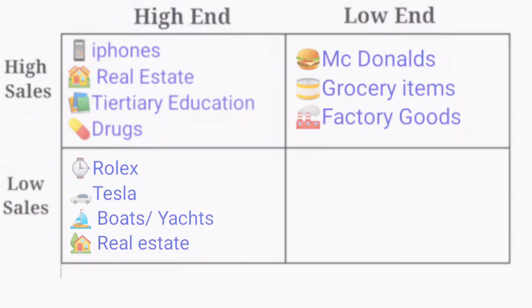Examples of successful businesses in this quadrant are Rolex, Teslas, the sales of large boats or yachts. Some real estate, depending on the land size, the amount of bedrooms, or if that property has a view. If the business you want to create is high-end low sales, you want the product or service quality to be extremely high, and it's usually targeted to a niche market, specifically people in the high income bracket. You don't want to focus your business on making it accessible to a large population.